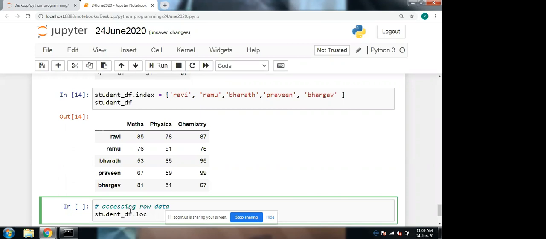The row name is Praveen, so we will give Praveen. Student_data_frame.loc of Praveen.